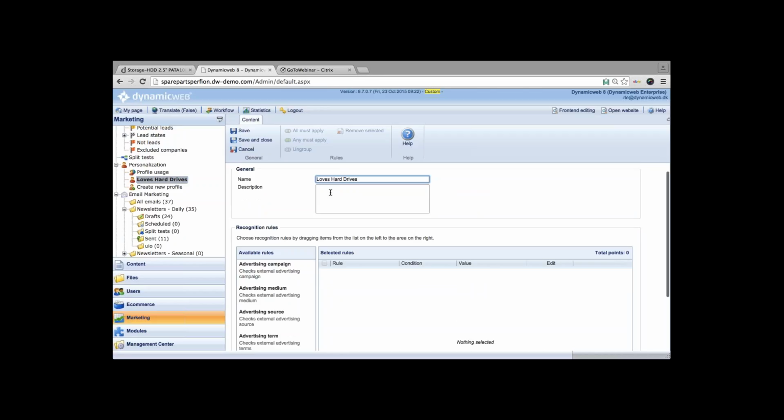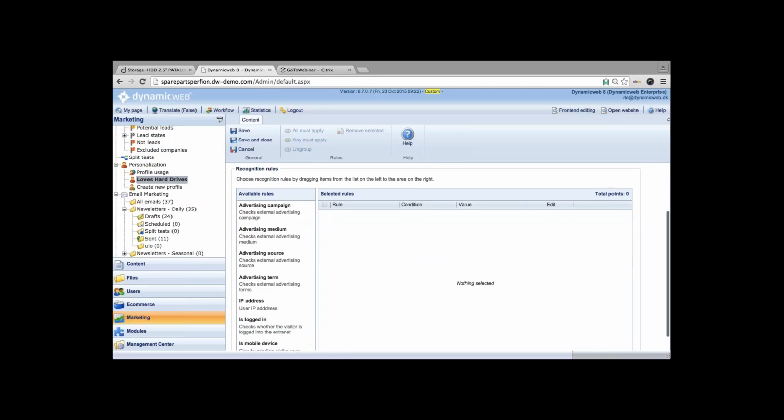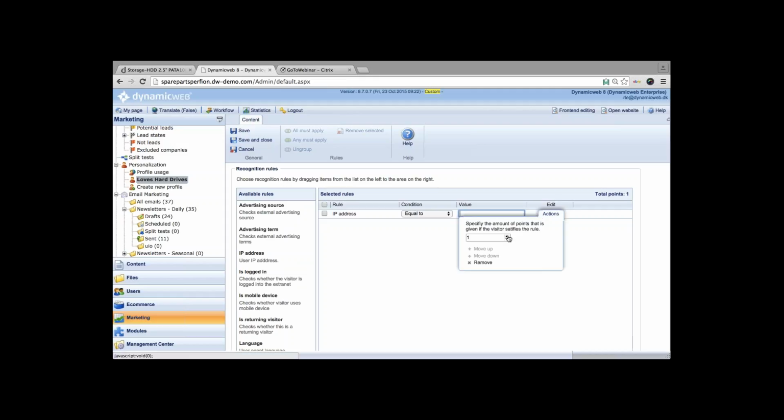This is one example of how you can create a recognition rule based on incoming behavior. So let's say they're coming in on a certain IP address. I can drag the IP address over, and let's say you're at a conference. Your team is there at the conference, and as usual, the cellular data inside the building is not that strong. So you're using the Wi-Fi. Everyone's using the Wi-Fi. You could therefore set this up so that if it recognizes people coming into the website based on the Wi-Fi address, that Wi-Fi address we enter over here,